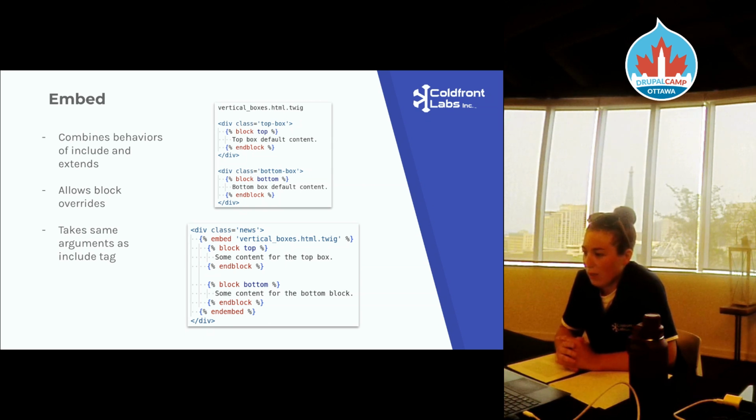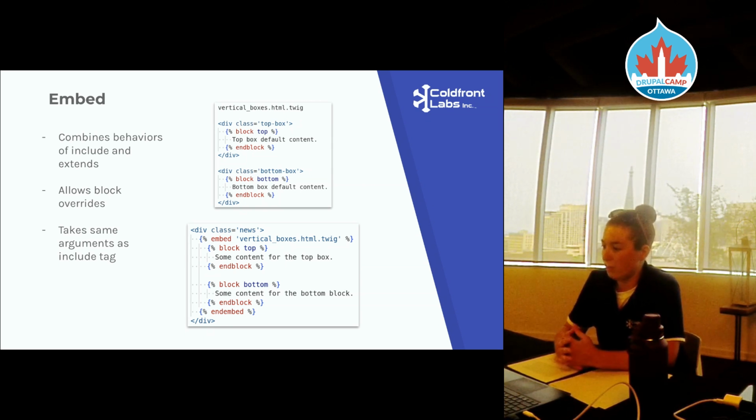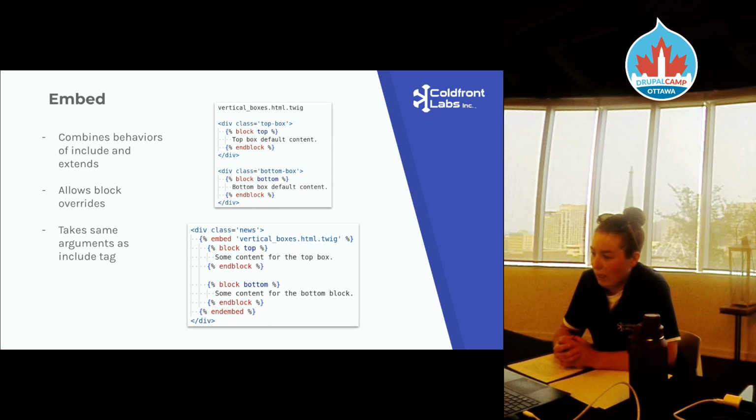As we can see here in the top image, we have a vertical boxes template where it has two different divs, and both of those have a block in each of them. And we want to place those into our template at the bottom. So in our div with the class news, we can embed that file, and then we can override whichever blocks we want. We're overriding both of them in this case, the top and bottom, with some content. So that's pretty straightforward. And sometimes you can also embed different templates and also override those blocks